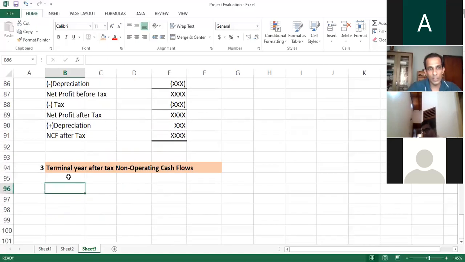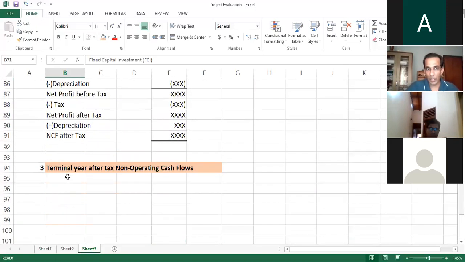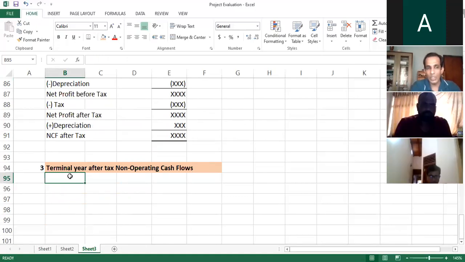Disposal of assets. Initially the fixed capital is purchased, and at the end the fixed capital can be sold. So it is disposed, and the term we normally use is salvage. Scrap value is also correct. Scrap value, salvage value, and another term used is residual value. But that also we need to calculate after tax, because when the company is selling capital investment, sometimes there can